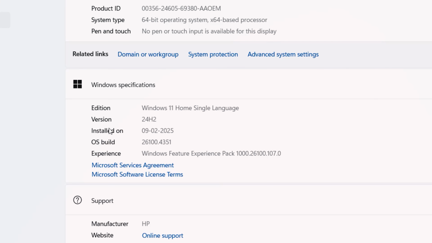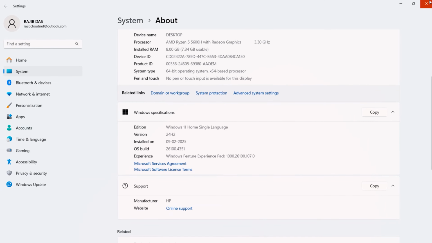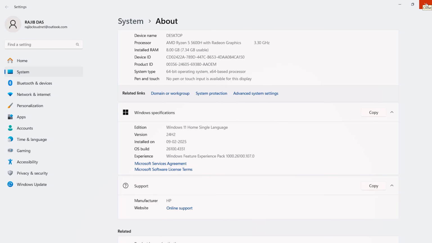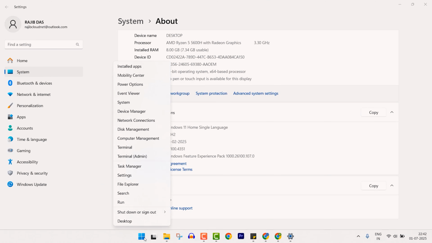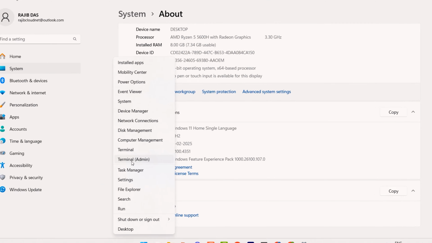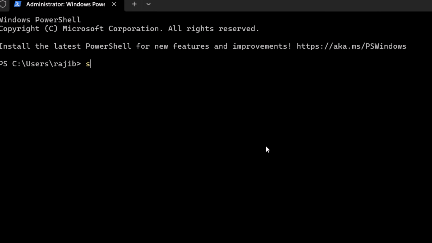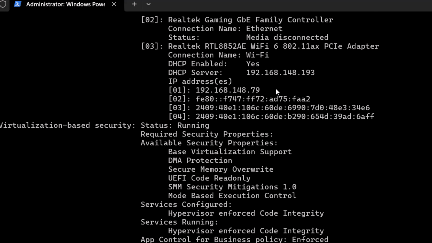Okay, so I can share another way, like how you can get all the information using the command line. Just right click on the Start button and open it with admin privilege, then type systeminfo and press enter. The information is loading.